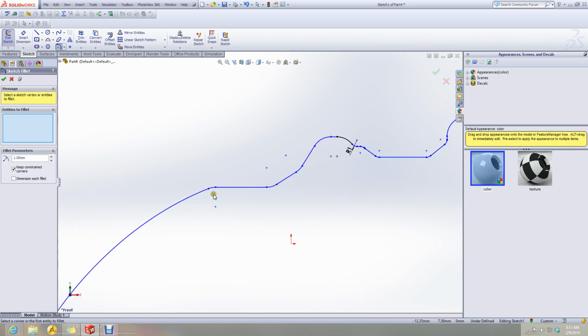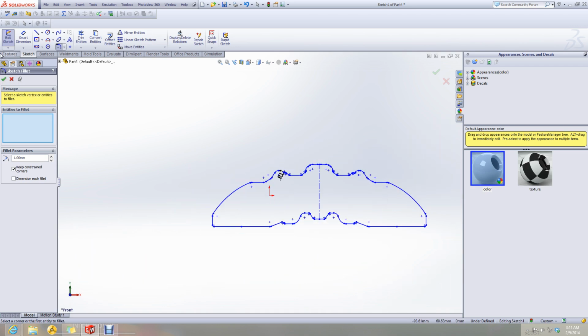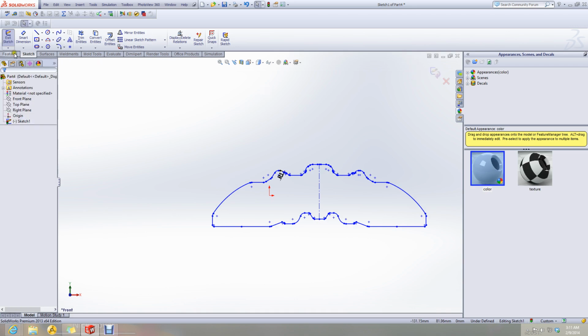This is connected now. I think I can now extrude it.